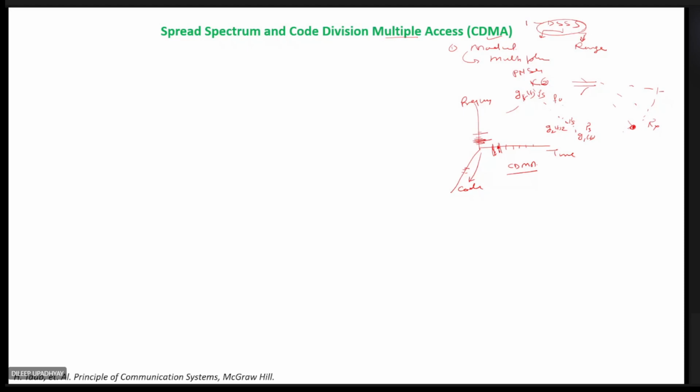So this will be G_K(t). All the signals received at receiver 1 will be the sum of the signals transmitted by all the transmitters. Similarly, receiver 2 also will be receiving all the signals. Similarly, suppose there are n receivers, then the other receivers will also be receiving the sum